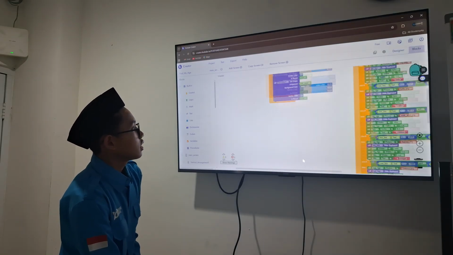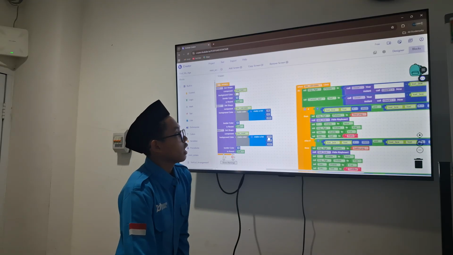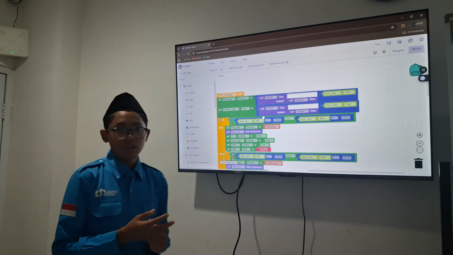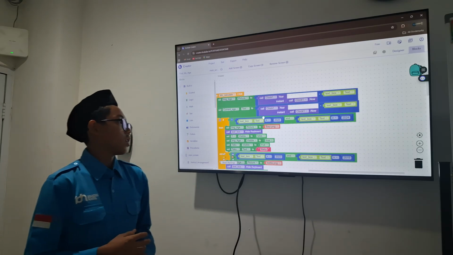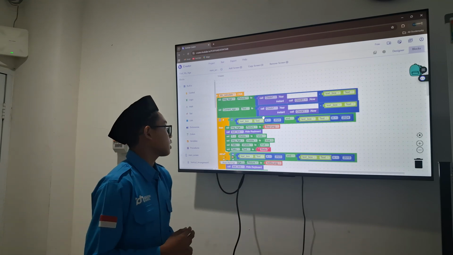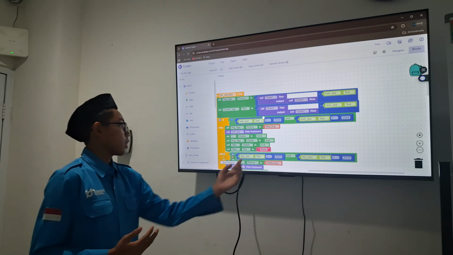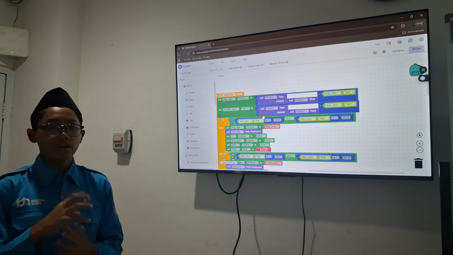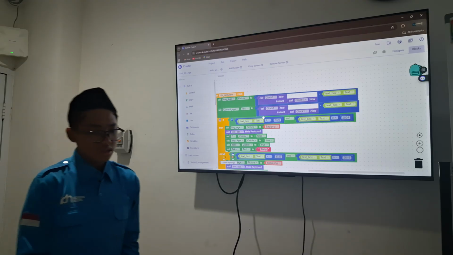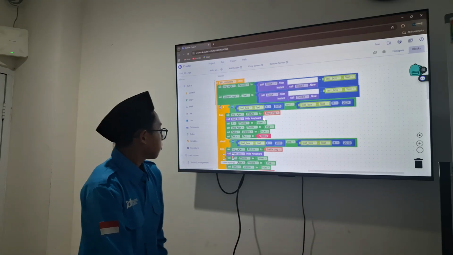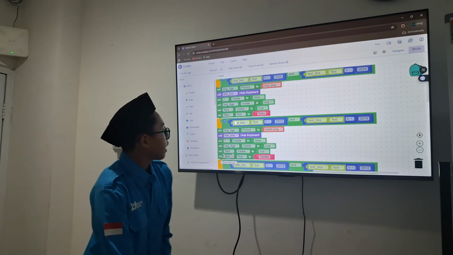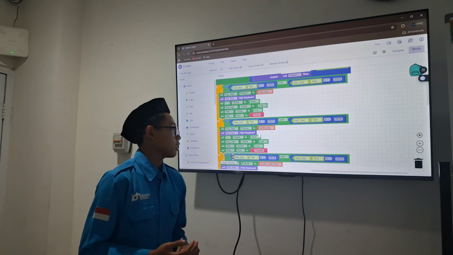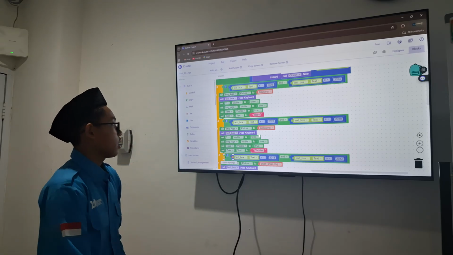There is some decoration here, and here, if the text we input is 2025 or more than 2024, we are a baby, the text is baby, and there is a baby picture. Then if it is less than 2023 and more than 2019, we are a toddler, with a picture.